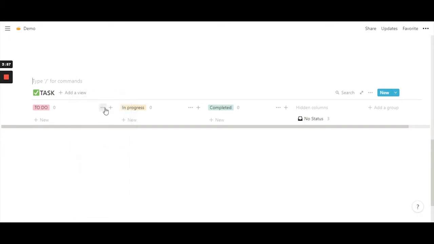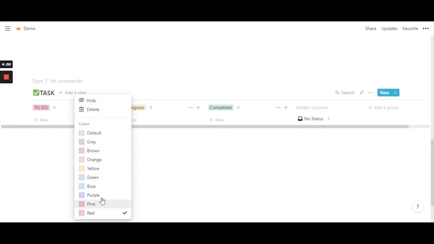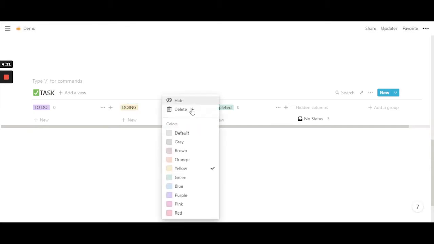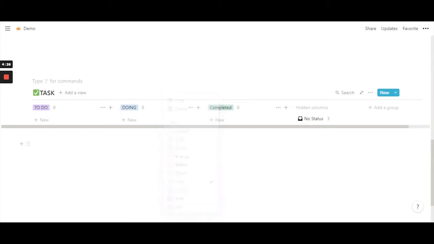Now again, using the three dots, you can change the color. I'm going to put in purple. Similar to the previous category, where we changed not started to to do and changed the color, let's do the same for in progress as well. Let's rename this to doing and hit enter and change this to, let's do blue. So why not? And the last but not least, from completed to, voila,